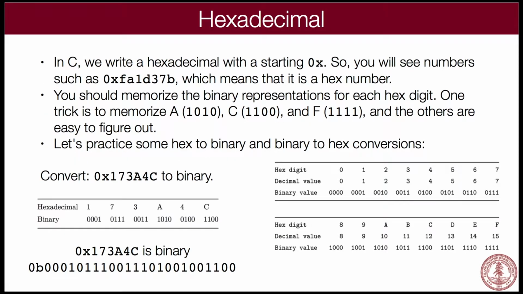A is 1010, right? It happens to be 10, 10, 10. That's an easy one to remember, right? C is 1100, right? And that's actually 12. And then F is all ones. Okay? If you memorize those, then the other ones are like 1 away from those ones. So it's actually pretty easy to do. But again, the translation, very straightforward.